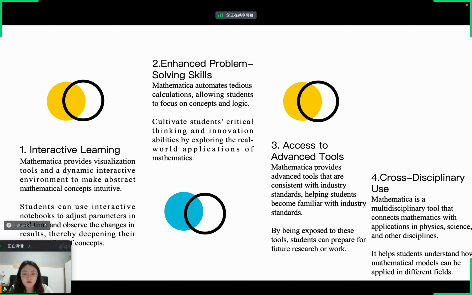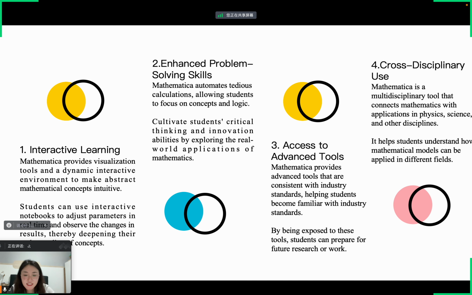The last point, connecting across disciplines, makes math ubiquitous. Mathematics isn't just math, it's the foundation of physics, engineering, economics, and other disciplines. And Mathematica is a bridge between these disciplines. Imagine writing a few formulas in Mathematica and being able to